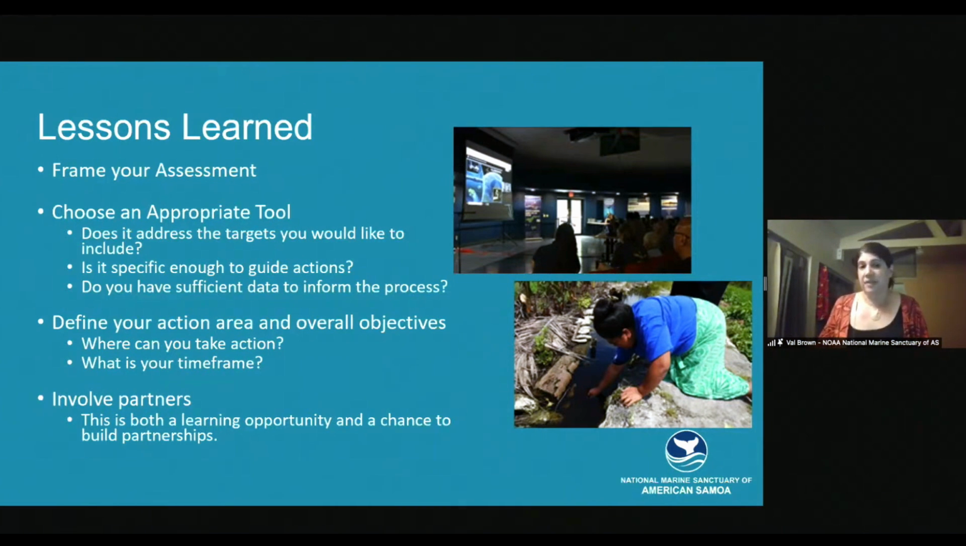Is it specific enough to guide your actions on the backside? And do you have enough data to inform the process, or do you need to collect some additional data first? Be sure to define your action area and your overall objectives, and also involve your partners. This is a wonderful process to really engage with communities, stakeholders, and partners to work forward and find solutions moving forward. You can recognize the threats to your resources and then find unique and inspirational ways to move forward to